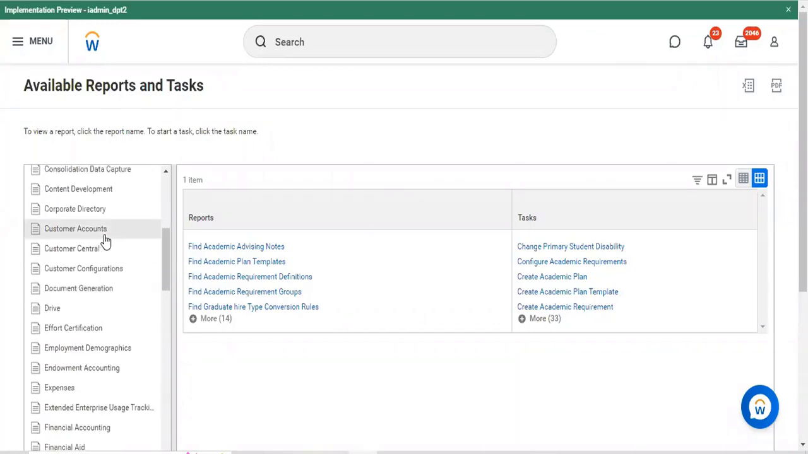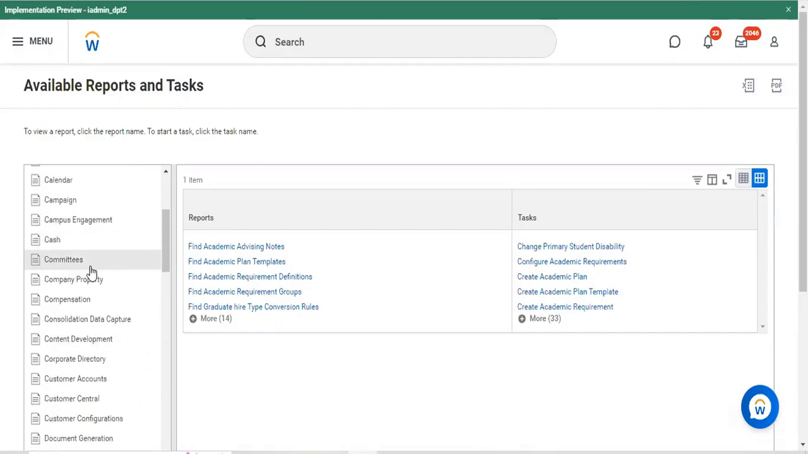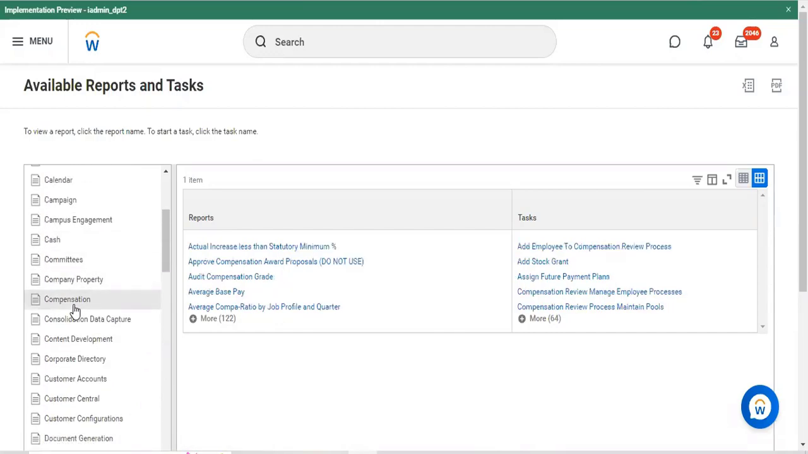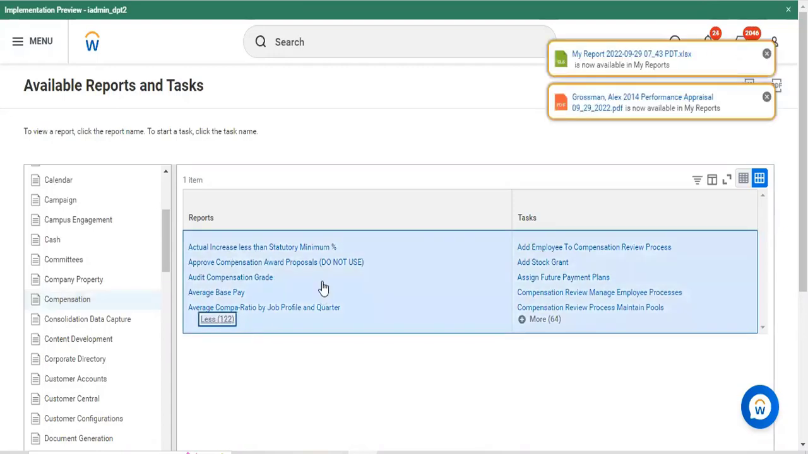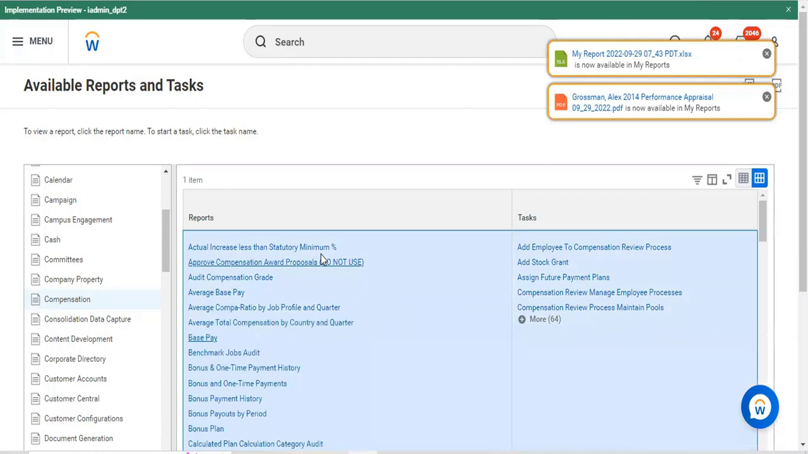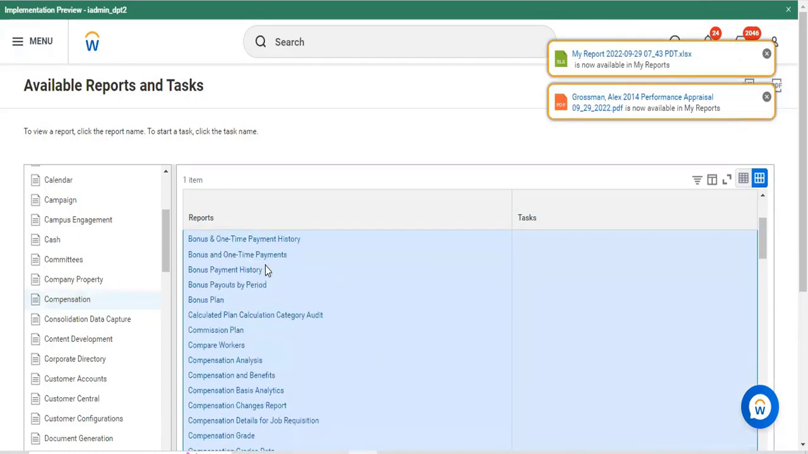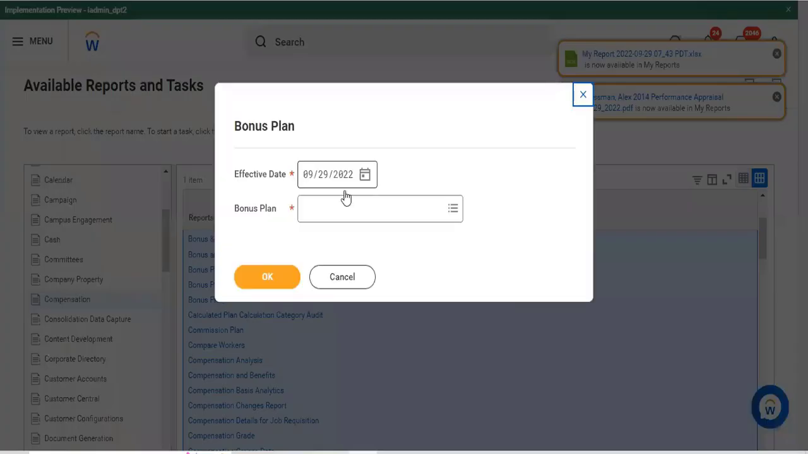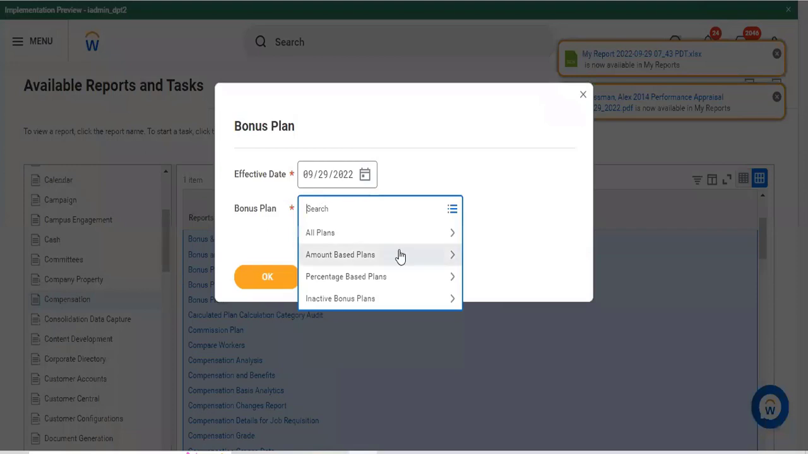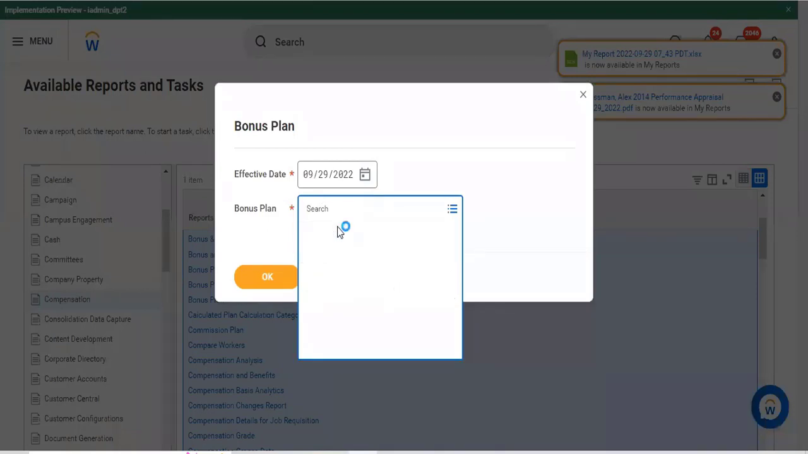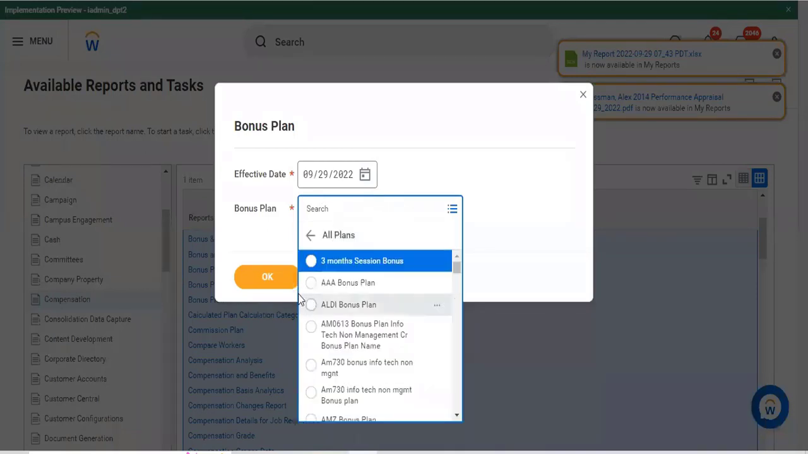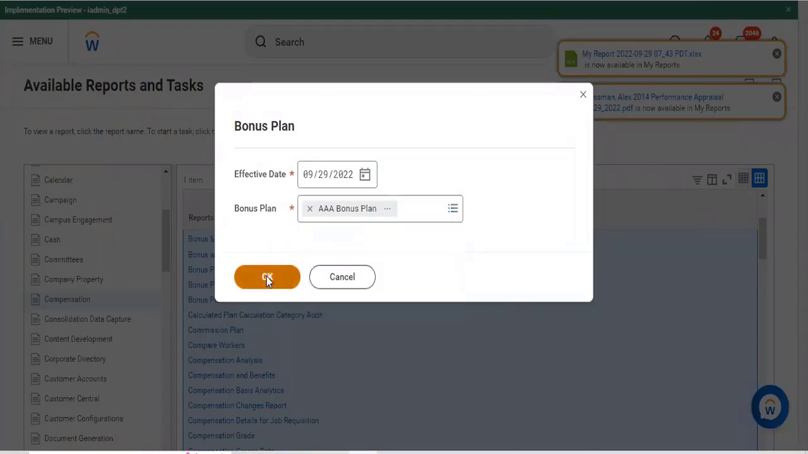If you want to check any of the report related activity, take it as an example. You want to check the compensation related activities. You have approximately 122 compensation reports within your organization, and you can check which compensation you would like to check. I want to check my bonus plan. Tap onto the bonus plan related activities and select your bonus plan related plans. I'm just selecting some XYZ plan name, tapping on OK,